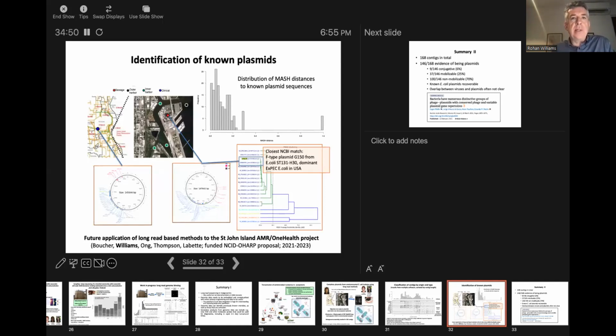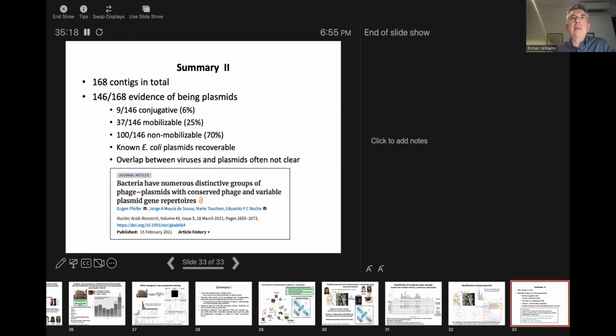And we're also using these techniques with colleagues from NUS and NTU on an island off the coast of Singapore that's used by humans for recreation and for work, and it's also close to aquaculture sites and shipping lanes. So it's a really interesting potential model system for thinking about microbial resistance and how it propagates between human and natural ecosystems. So to summarize all that very quickly, I apologize for the speed I ran through that.